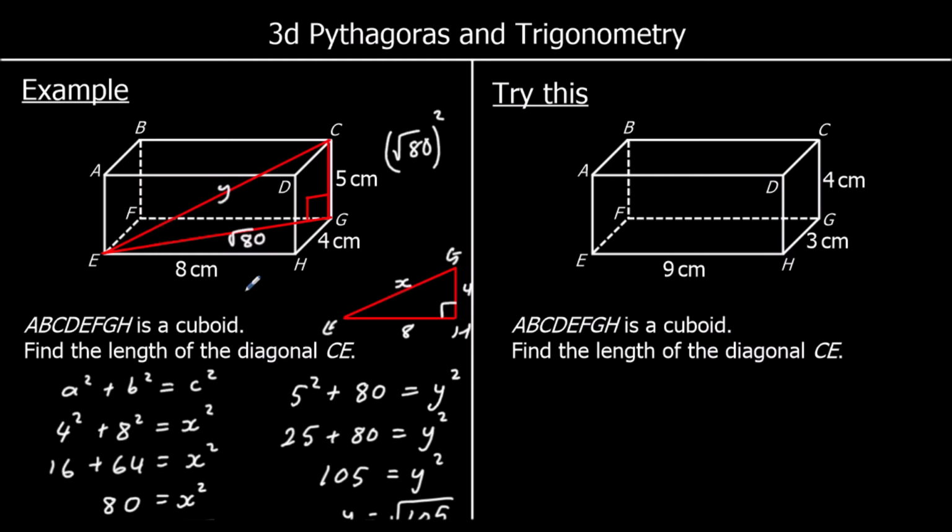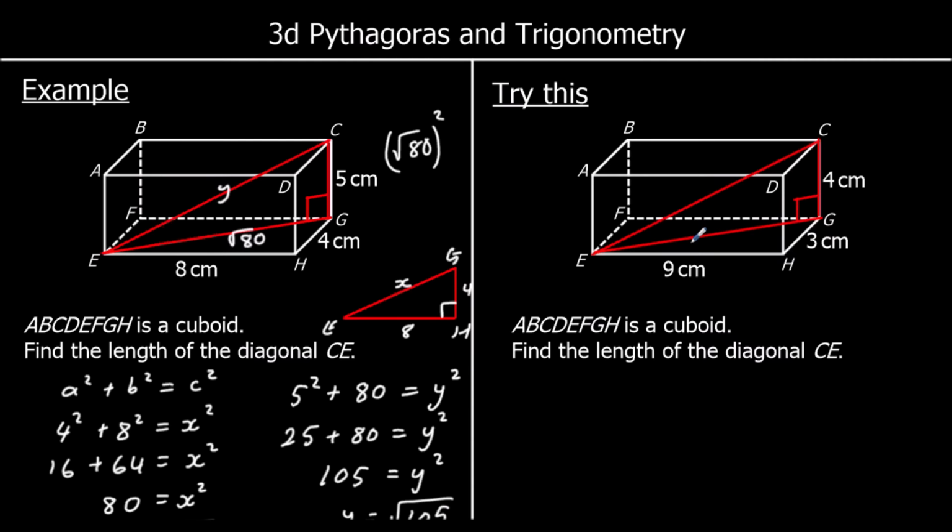So it's the same question. A, B, C, D, E, F, G, H is a cuboid, and we're finding the diagonal C to E. So it's exactly the same question. So we can draw a right angle triangle through the middle of the cuboid,